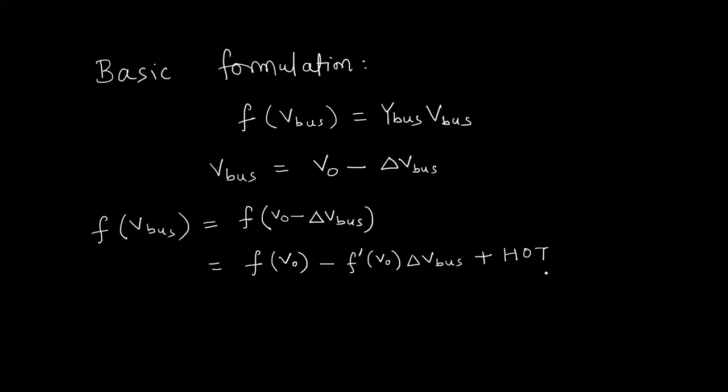Since we are interested in formulating the linear load flow, we neglect the higher order terms and treat them as negligible. Under which condition can we neglect them? When delta V bus, the deviation from the nominal value, is negligible. So this is valid when the system is under nominal operating conditions. But when the system is under transient conditions, such as a fault scenario, or when we are studying extreme stressed conditions, such as the voltage stability boundary,